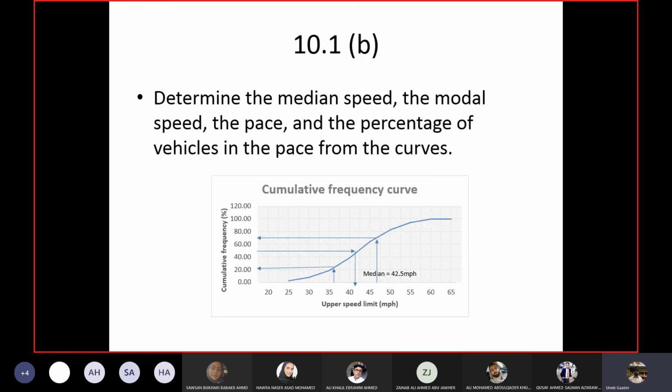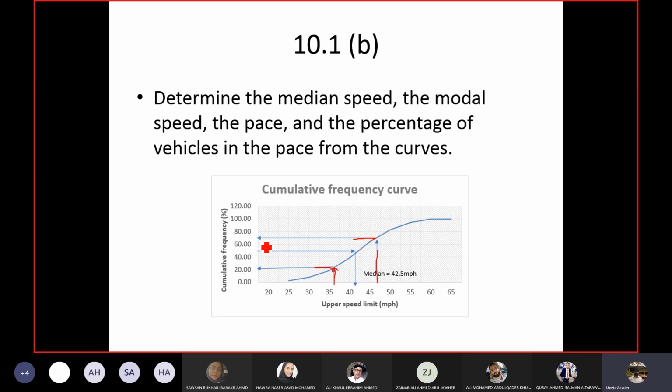I will go to the cumulative frequency graph. Find out 37.5. Drop a perpendicular from 37.5 on the curve and find out the y value. This is the cumulative frequency for 37.5. Then do the same thing with 47.5: drop a perpendicular, come to the curve and find out the cumulative frequency. So for example, cumulative frequency for 37.5 is 21% and cumulative frequency for 47.5 is, let's say, 75.